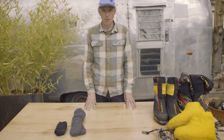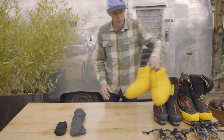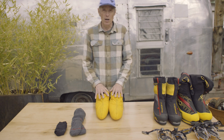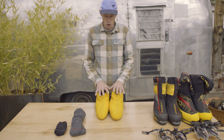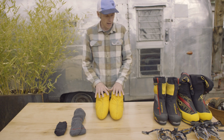The other piece of footwear that's nice to have around camp is a pair of down booties. There are several different manufacturers. These are a very light pair that I take on certain expeditions. I think Western Mountaineering down booties are an excellent choice. I like to not bring a super bulky pair of down booties, although they're warmer and nicer around camp, because